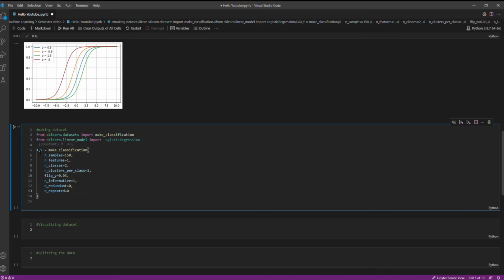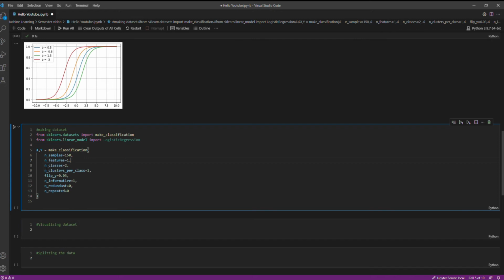X is our feature part and y is the label part. The number of samples would be 150, so the observations would be 150, and the features would be 1. So it's just one feature, one label, x and y. We expect our x shape to be 150 by 1 and y shape to be the same.